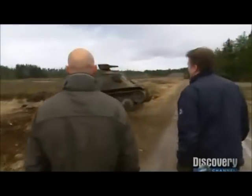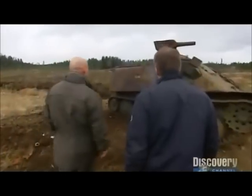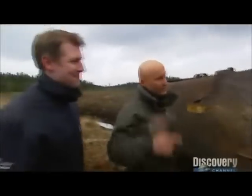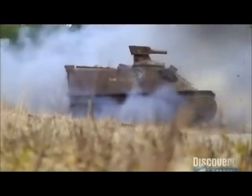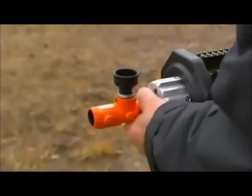Time to check out the damage. That's a really good hit. That's what we're looking for. Yeah. And that's exactly where the guy would be, right? Yeah, exactly. Dead bang, right through. Got him. Next, I get to test an experimental new warhead, the AST. It actually gives you a choice to punch a hole in the wall